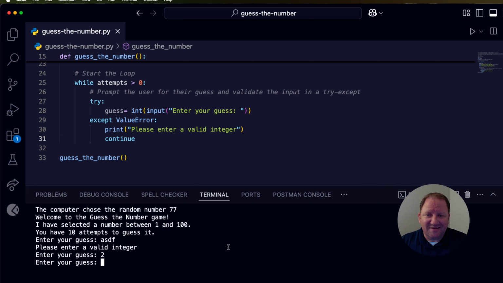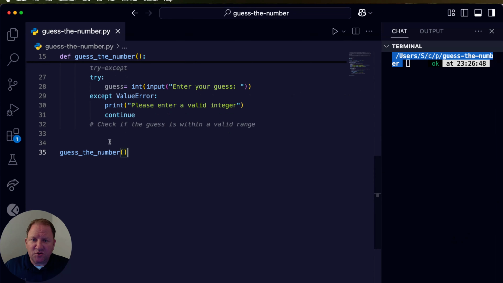Okay. Now, the next thing that we need to check to make our program user-proof is we want to make sure that their number that they are typing in is between the ranges of 1 and 100. So let's go ahead and do that one as well. Right, so I added this extra comment in here and also moved the terminal over to the right-hand side because I think we're going to be typing in a little more code in here and trying out a few things